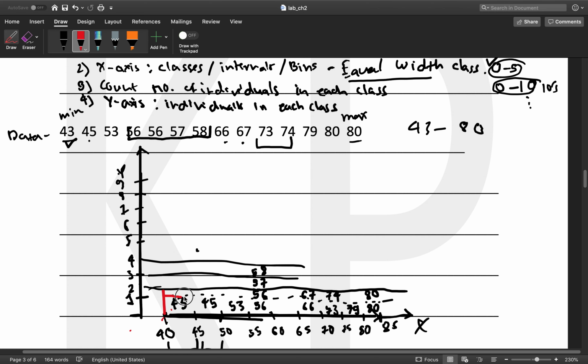So that is going to be your first bar of the histogram, second bar, third bar, and the fourth bar. Notice that you don't have any values in this particular class. Then again, height of 2s, and that is how your histogram looks like,